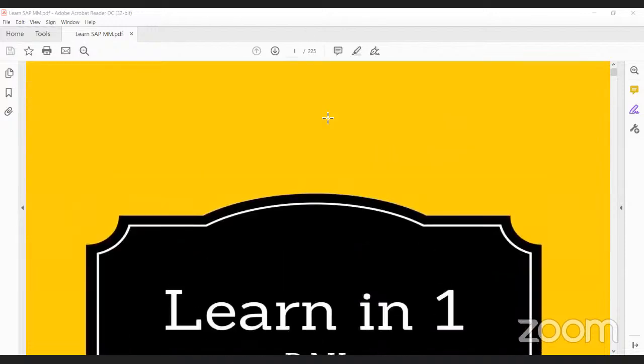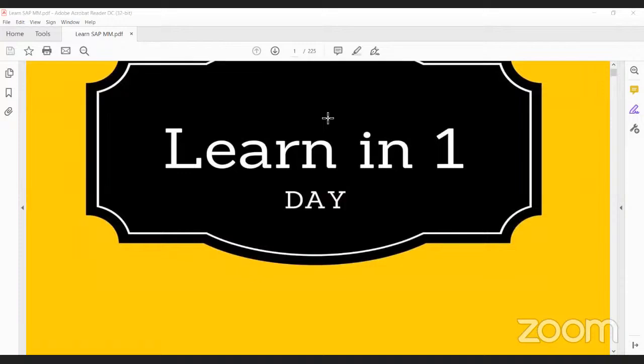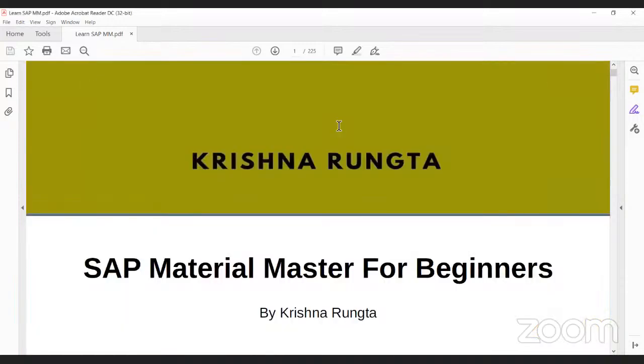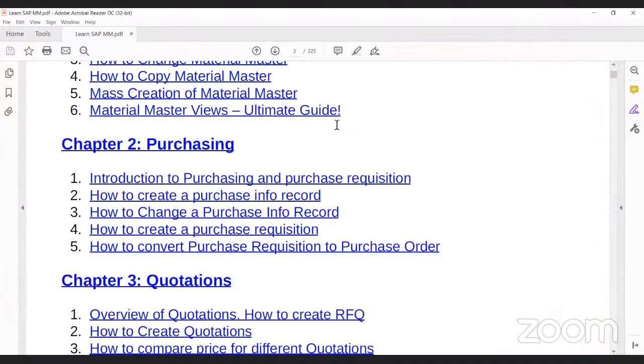So yesterday we went through chapter 2, introduction to purchasing and purchase requisition, how to create a purchasing info record and how to change a purchasing info record, and also how to create a purchase requisition and how to convert